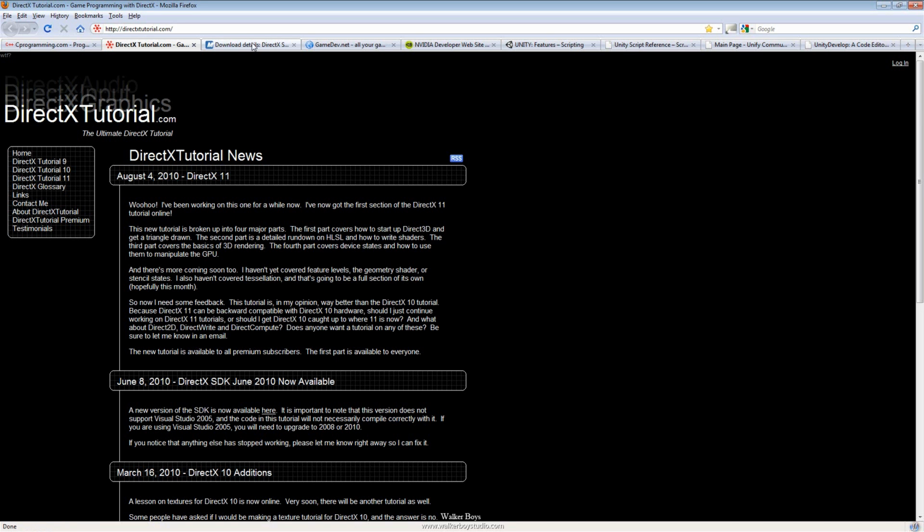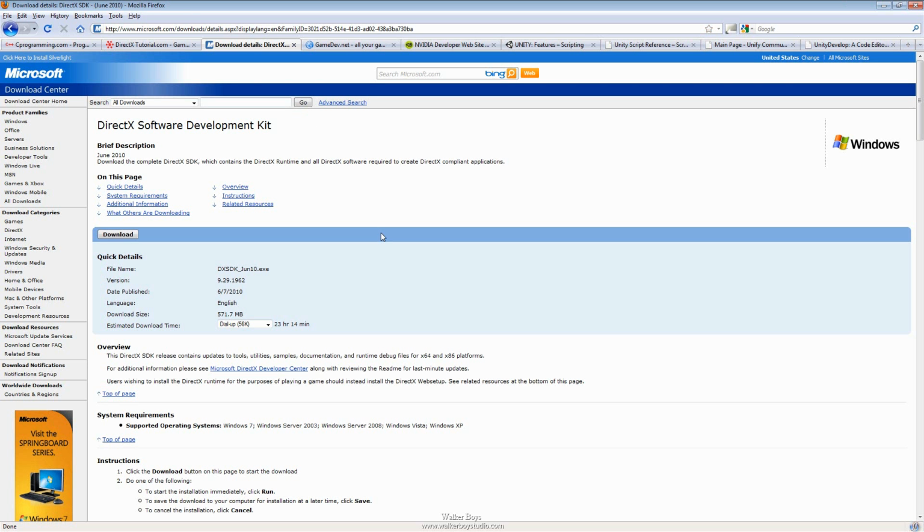All right, and then the next one that we have right here is going to be the DirectX SDK. So for instance, if you're going to go further with your DirectX skills and you want to develop with the source code from DirectX, then this is what you're going to want to download. You can download this. This will provide you with lots of available examples. Even for an artist in particular, if you just want to see what's available to you in terms of what a programmer looks at, the examples here are amazingly great to look at and to understand what goes on in an engine behind the scenes.